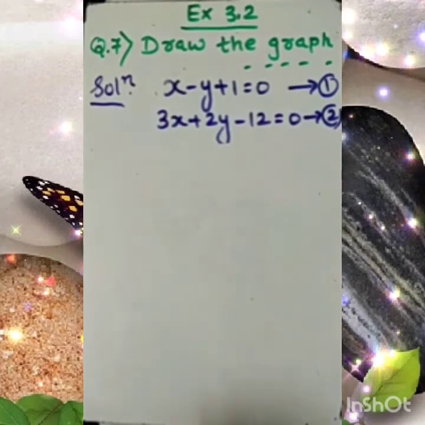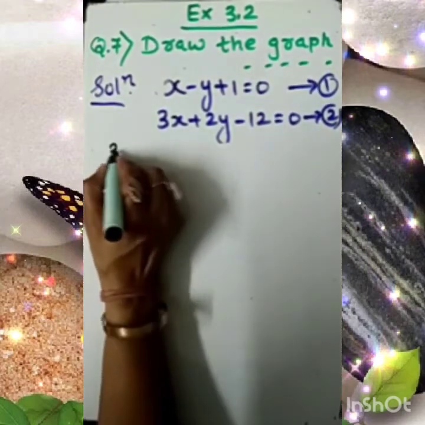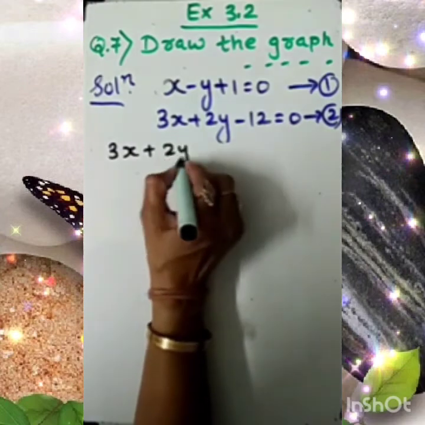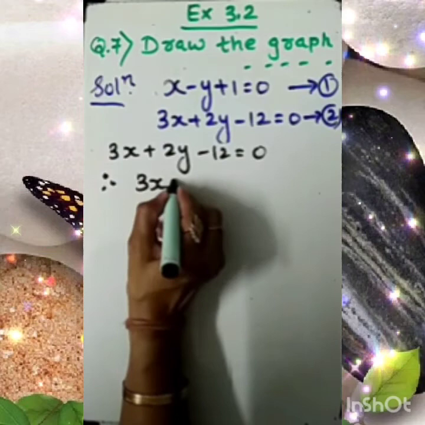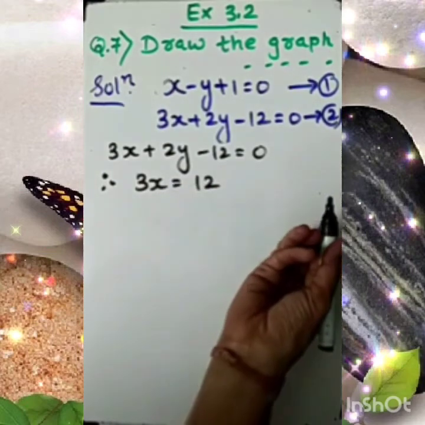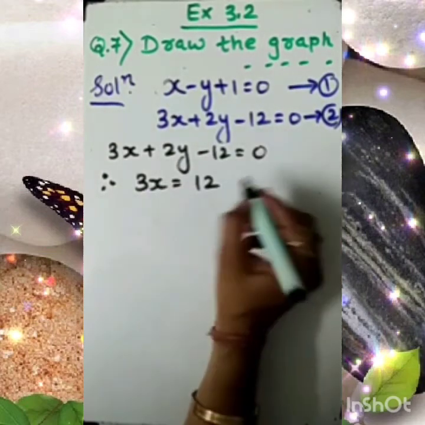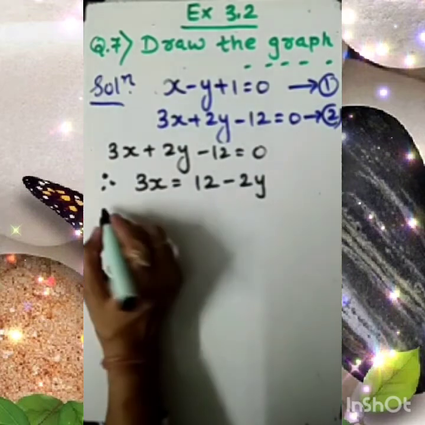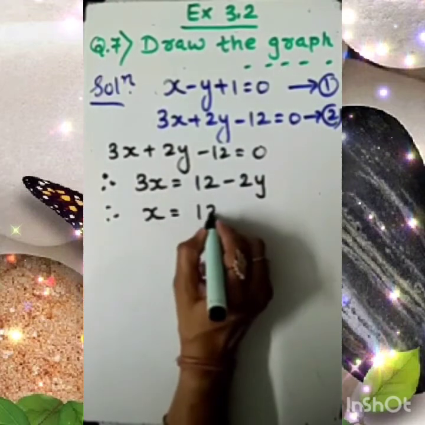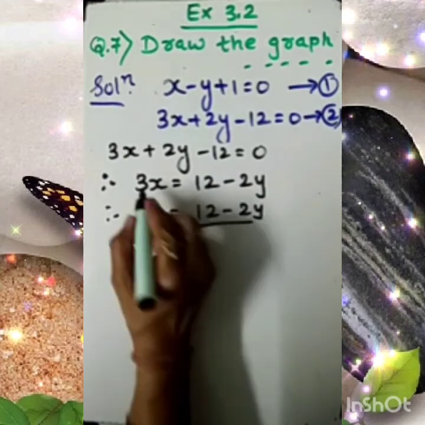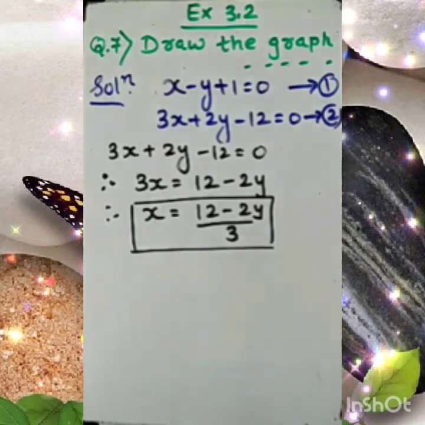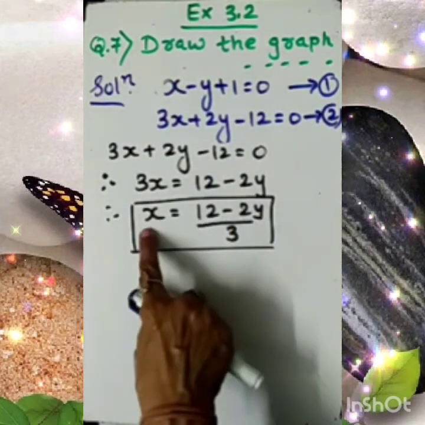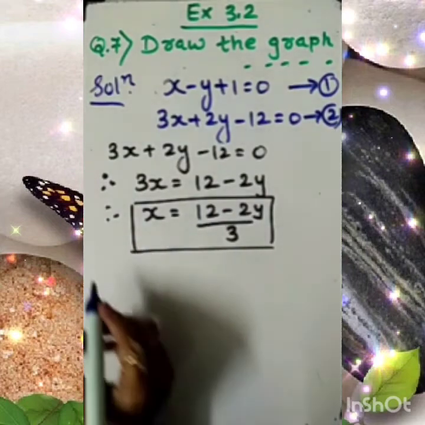So dear student, now we are going to work out on this equation, that is 3x plus 2y minus 12 equal to 0. Therefore, can I write 3x equal to minus 12 transposing plus 12, this will become minus 2y. And of course, x will be (12 minus 2y) divided by 3. This is we have made the subject x. Now for the different values of y, we will find the value of x. Let's work out upon that.